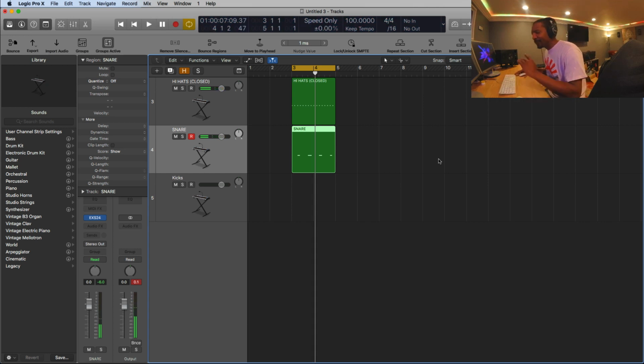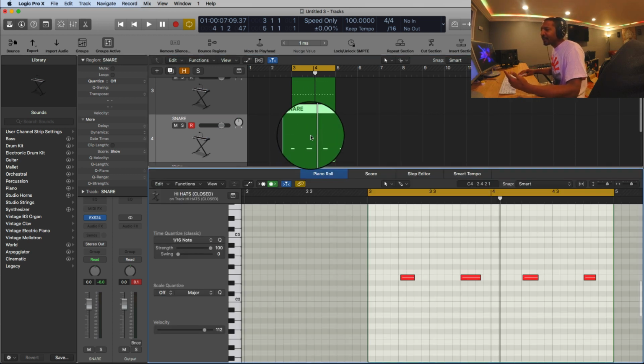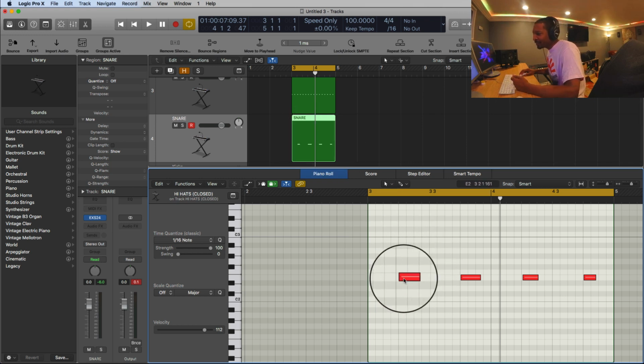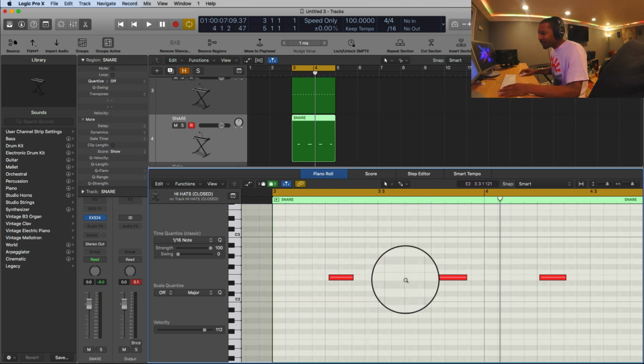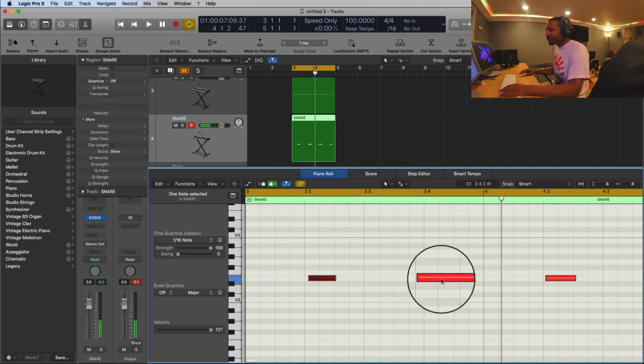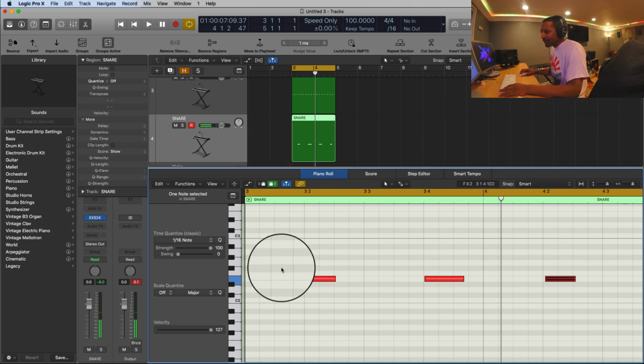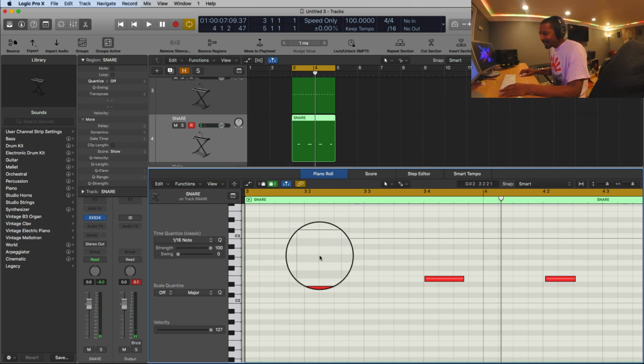As you can see, once again, on purpose, I kind of played the snare a little bit off. So for it to quantize that, step number 2, just double click on what you recorded, and you can see everything should be lined up, where this note should be on 3.2, this one should be on 3.4, 4.2. So what I can do inside of here is highlight all of these